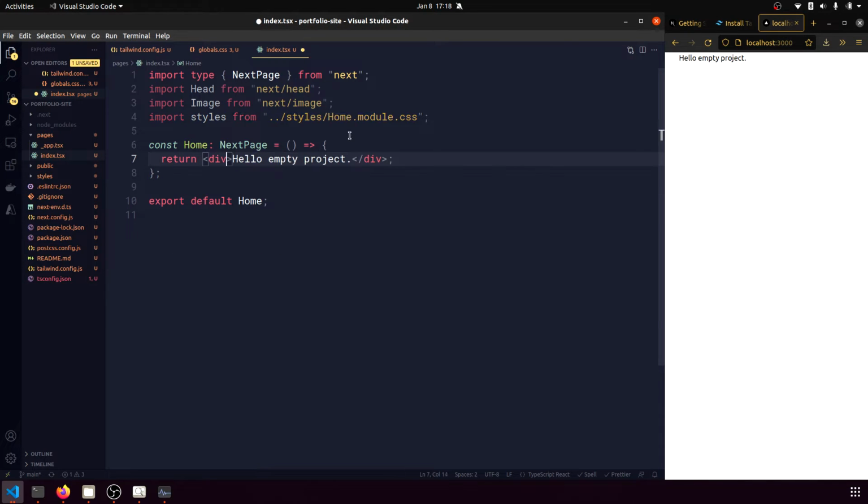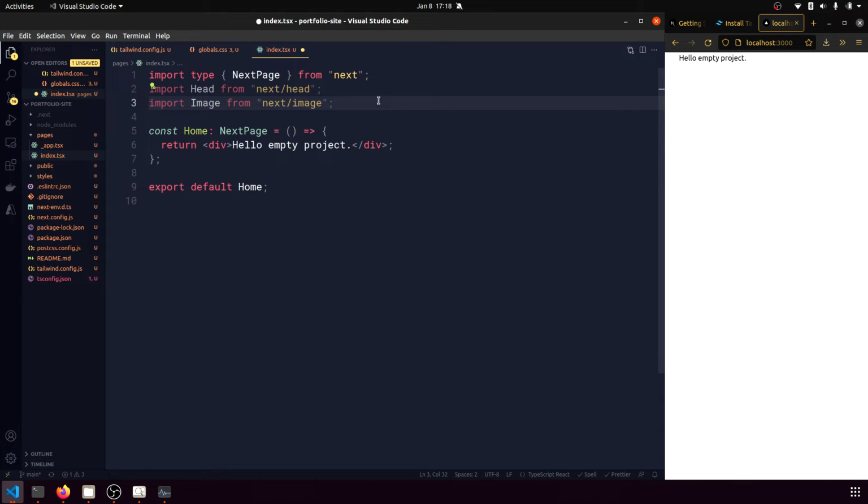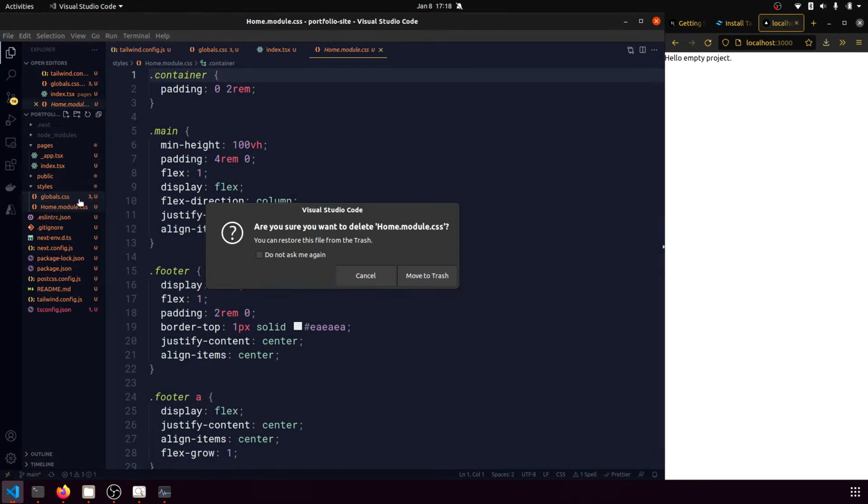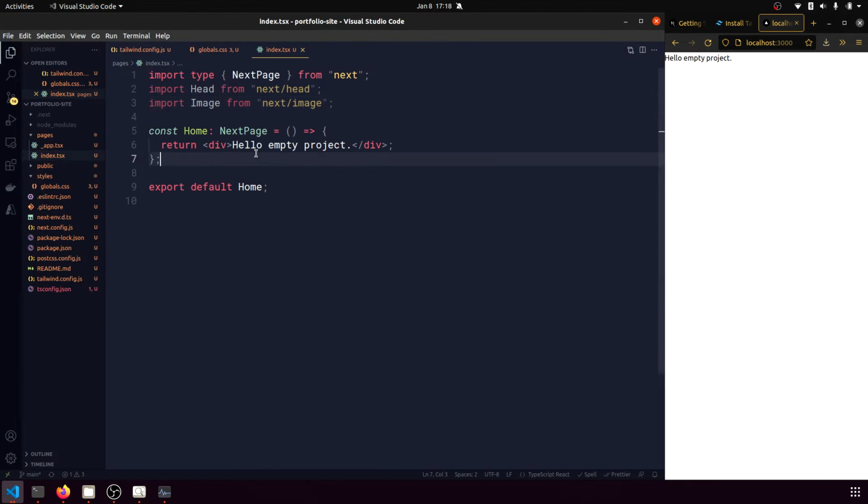I'm also going to delete the CSS style that we have for the home module. We're not going to use that because we're going to style it with Tailwind. Save. This is an empty project, and then I can delete this home module CSS as well. Okay, so now our project is really empty, but that's what we want because we want to write our own